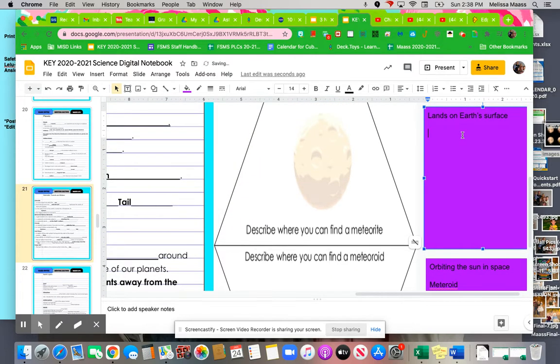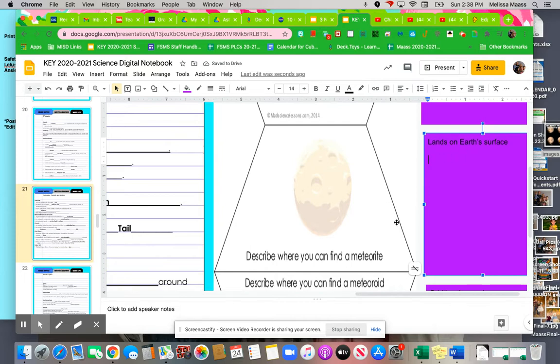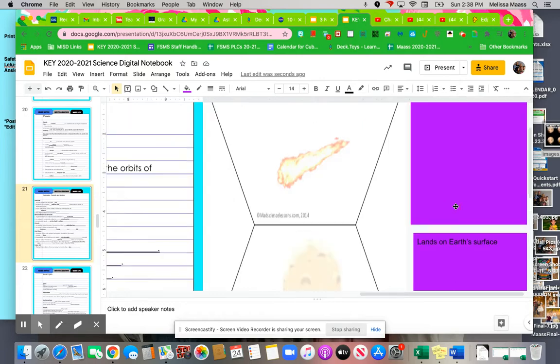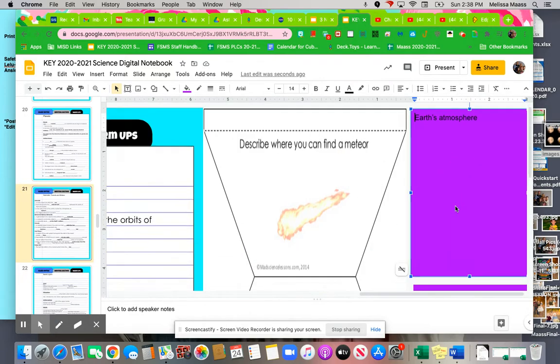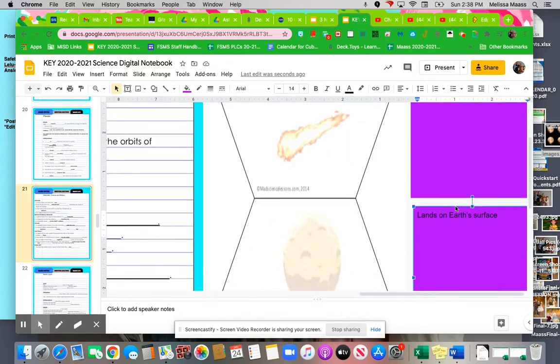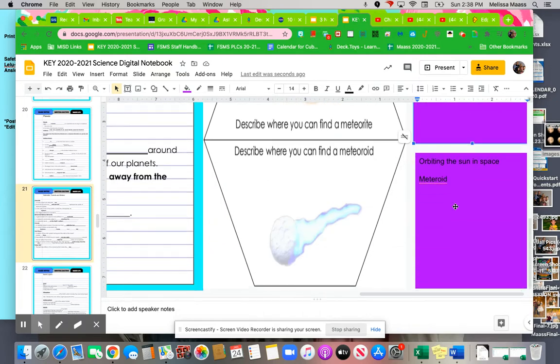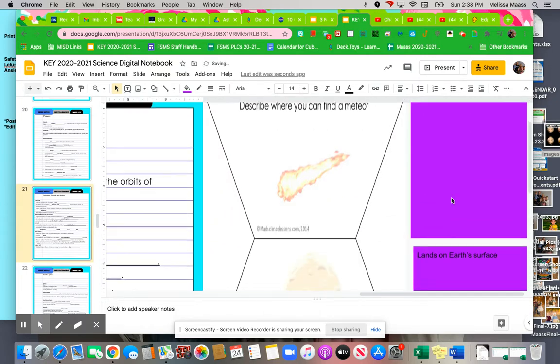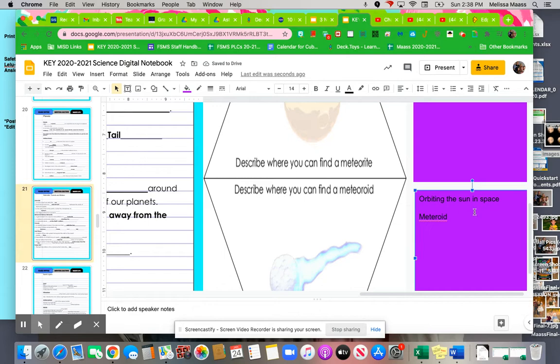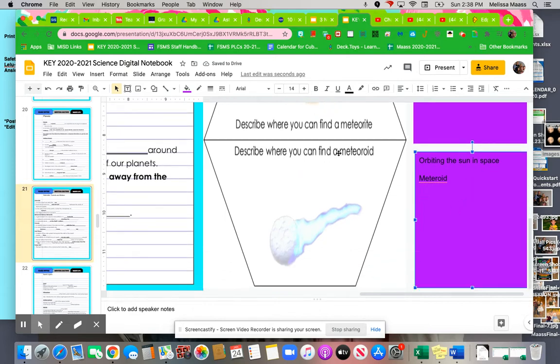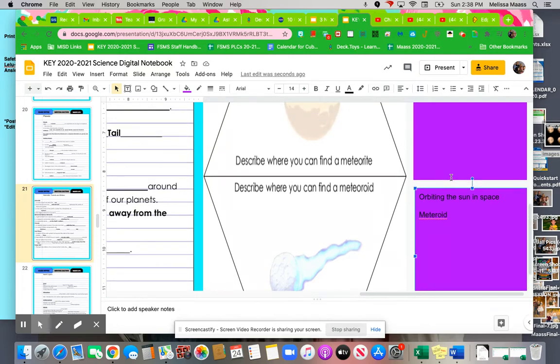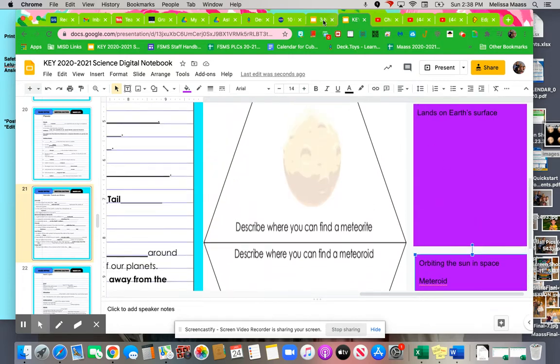If it lands on Earth, it's a meteorite. And then if it orbits the sun, describe where you find a meteoroid. It's orbiting the sun in space. Kind of similar to an asteroid, but it's a meteoroid. Alrighty. So that's pretty much the notes.